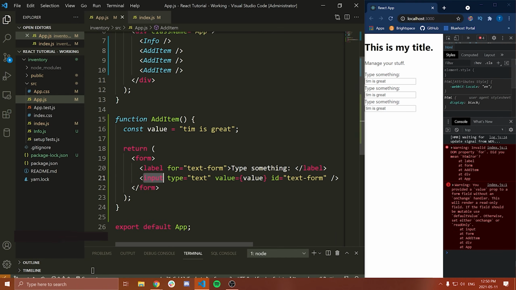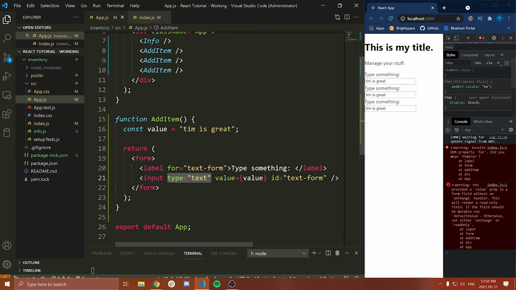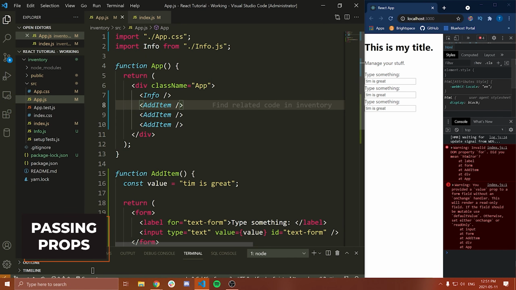All right, so looking at this input tag here, we can see our first example of what a prop might look like. This is slightly different, but we can see we have type, we have value, and we have ID, and all of these things actually change the behavior or what the input tag looks like. Same thing for label, same thing for form. We could pass a method to our form, all kinds of other stuff we can give to all of these tags. And those are the properties of these tags. So in the same way that we can pass them to these default HTML tags, we can pass them to our own components. And the way we do that is we just write the name of our property.